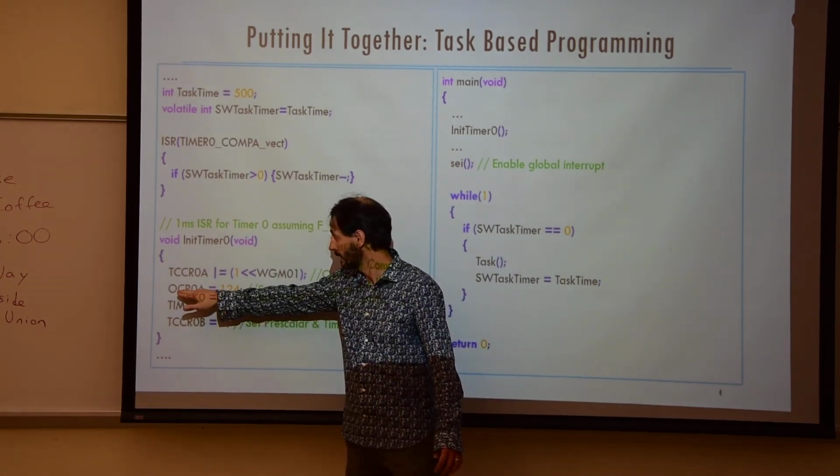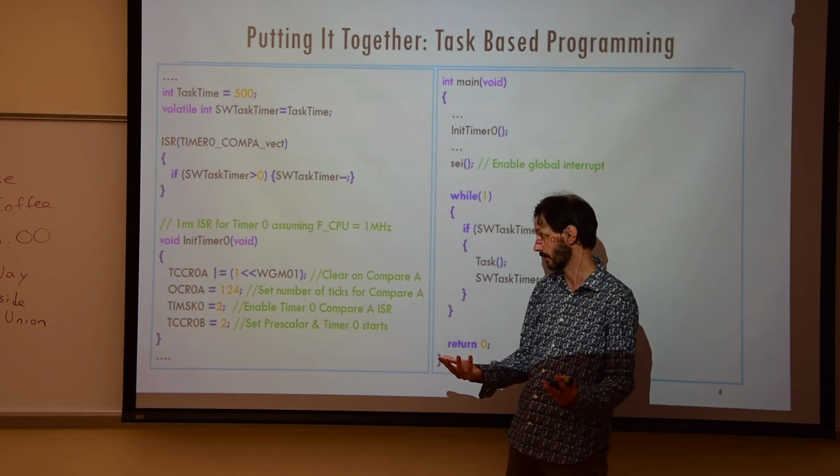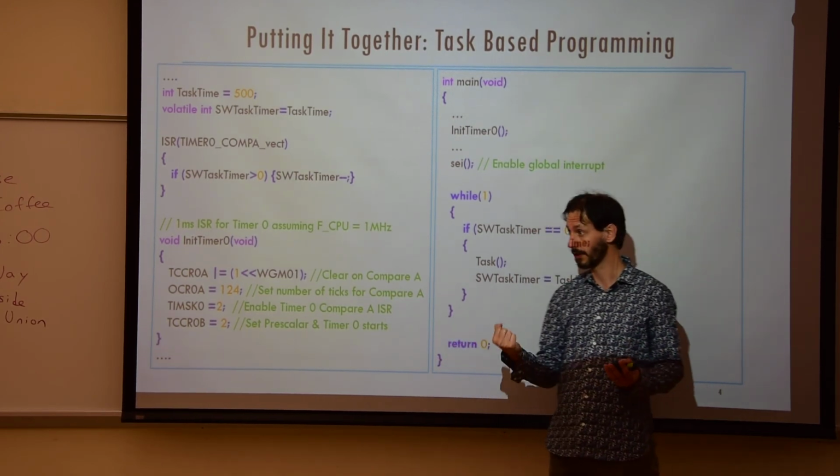So whenever this register matches the TCNT0, a hardware interrupt, or a hardware event, is generated, that will be caught by your interrupt